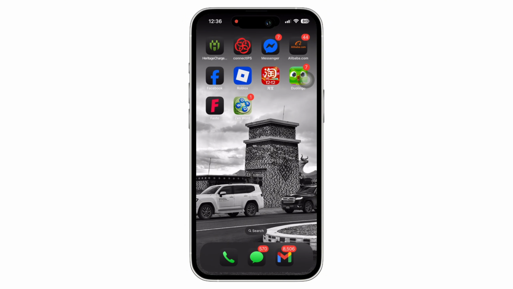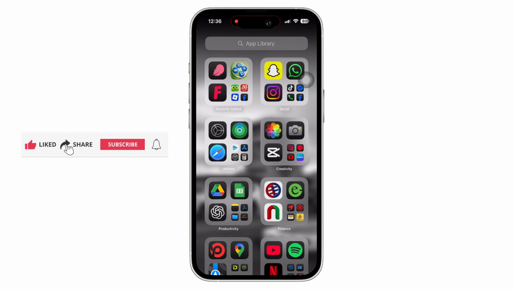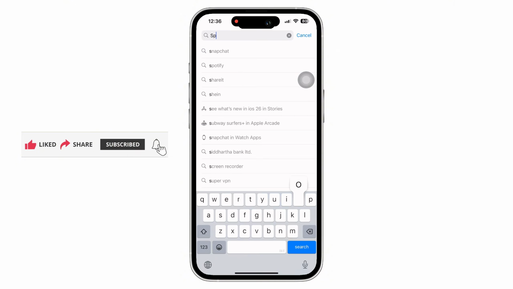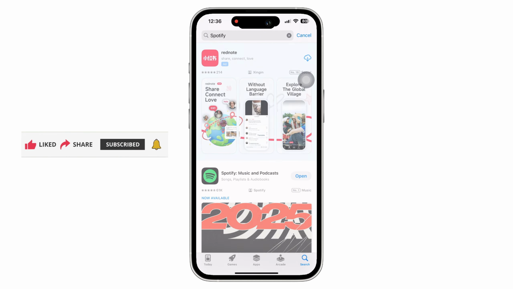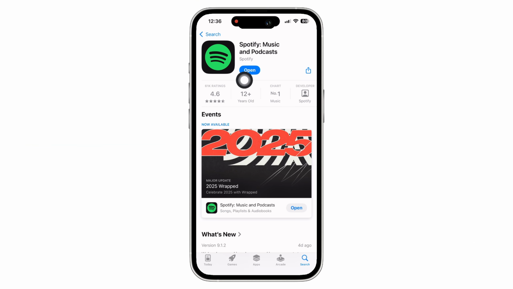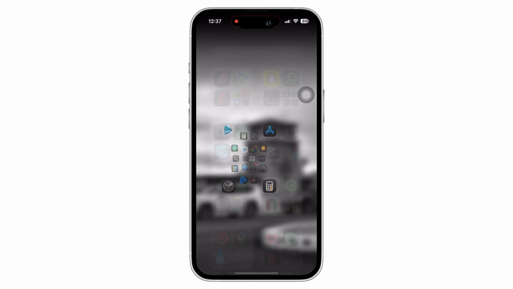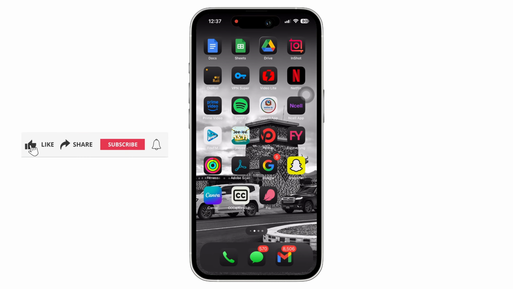First things first, make sure that you are using an updated version of Spotify. So go ahead and open App Store on your device, tap on the search bar there, and search for Spotify. Make sure the application is updated to its latest version, and if not, then update the app. See if that helps in fixing your issue, and if not, then go ahead and open Spotify on your device